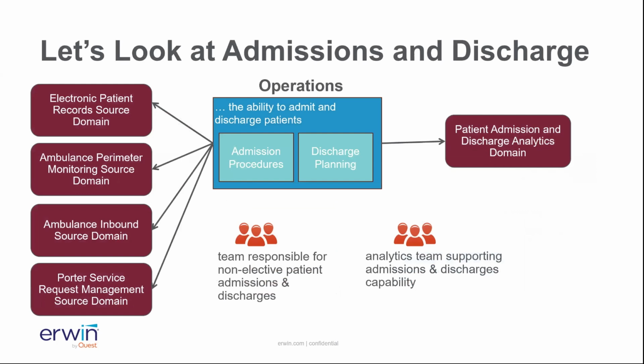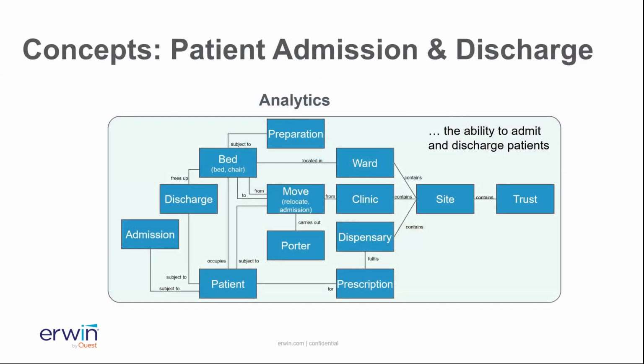So let's just have a quick look at the admissions and discharge. This is an interesting part of the hospital. It needs to have data from all kinds of areas to build up a picture of where patients are and the status of them for admission purposes. So they need to get status data from a range of different systems. So patients arriving in ambulances, where they are in the system at the moment, if they're being moved from one place to another, and so on. And that's very important because we're then moving into having data to analyze that process to support it.